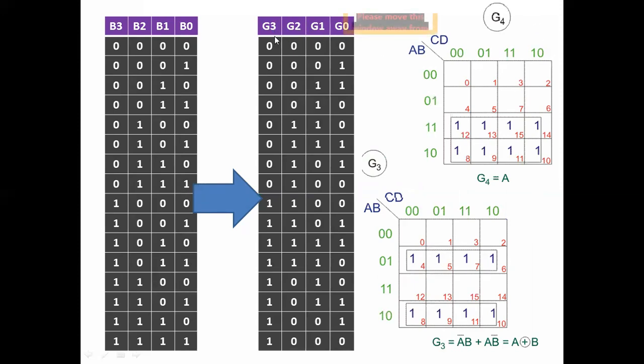For G4, you have to take this column. For this, that is MSB. MSB is taken. Then you know the Karnaugh map method of reduction. Okay, this is the 4 variable Karnaugh map. Since the input variables are 4, all 4 variables are taken here.